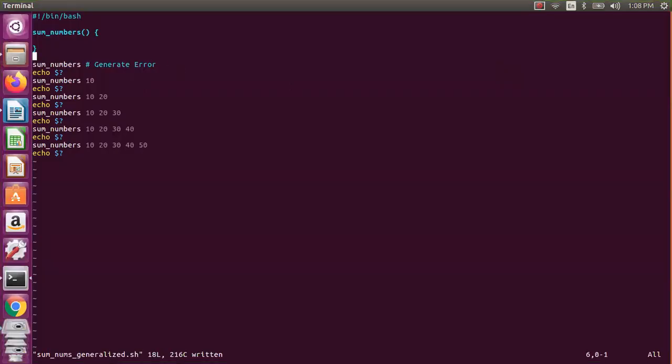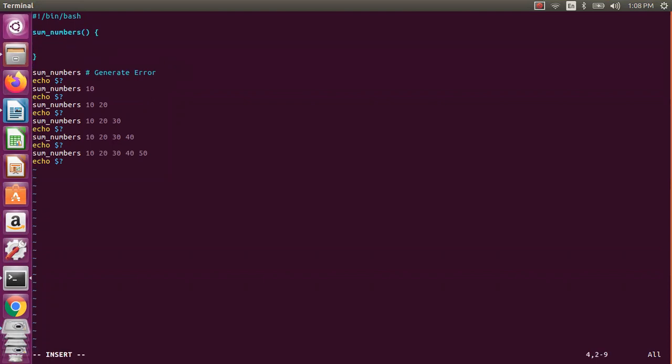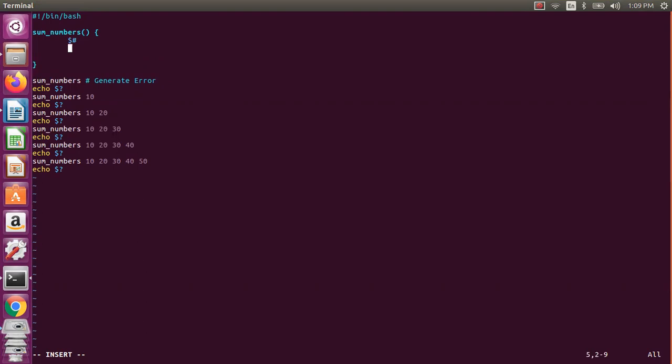Okay, so let us see how we will code that. First we'll try to see the error. So first we will see how we will pass the values. As we have seen in the arrays, you'll get the number of arguments with the dollar hash symbol, and whichever arguments you want, you can have them with dollar star or dollar at the rate. So this we know, how you will be getting those particular arguments.